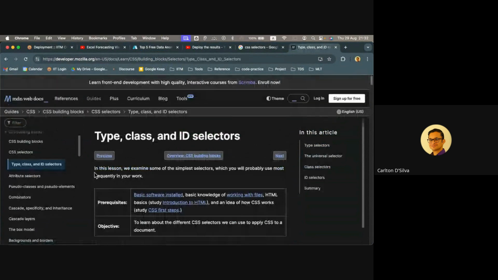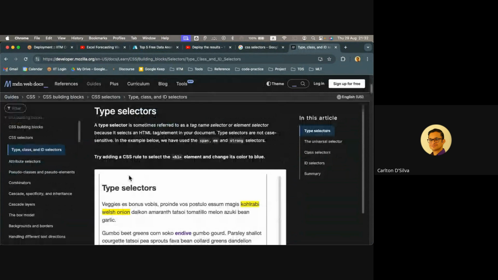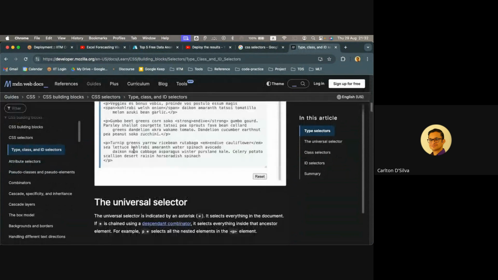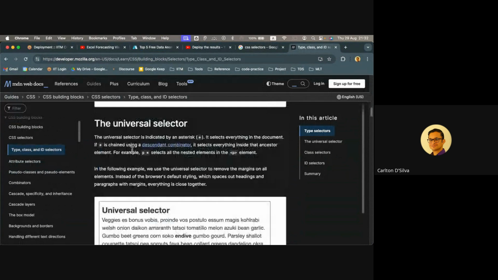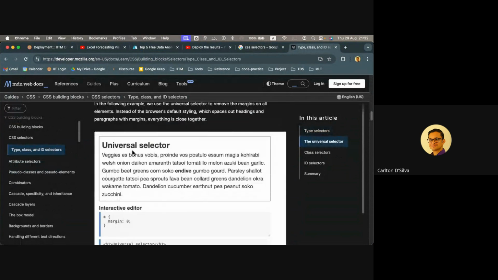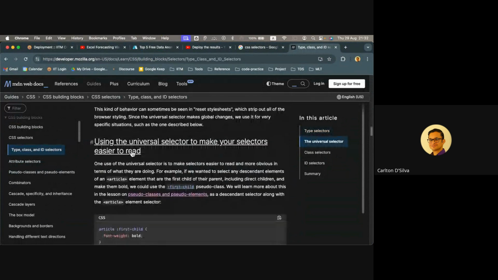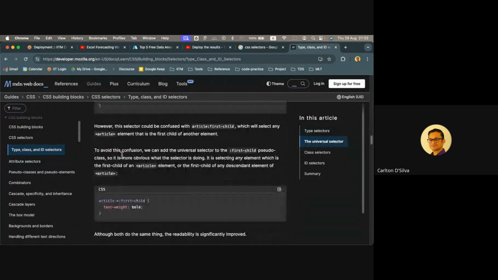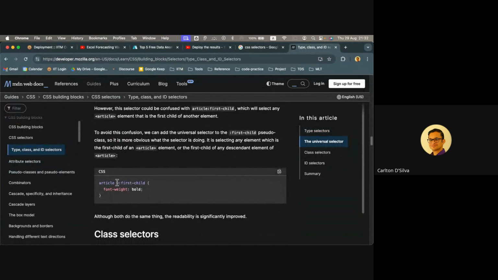You will find this immensely beneficial to you. It's free marks, okay? If you study this, you're likely to get, okay, I won't say free marks, but you know what I mean. If you study this well, it's easy to score in this, okay? Because it's very straightforward. Another operator is this star. Star means everything. So in this case, it would look for the article tag, and it would look for